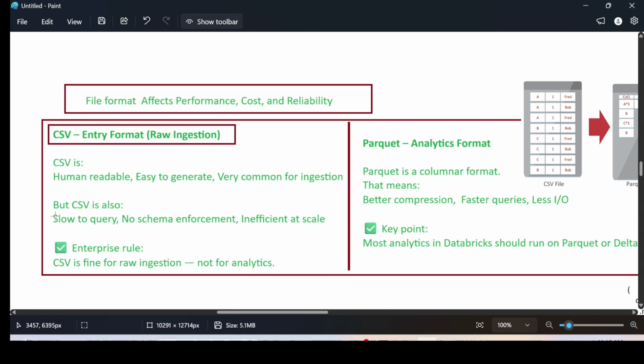The CSV file is easy to read, human readable, but the problem with the CSV file is that it is slow. It is not efficient at scale. It doesn't do really well. It's not for analytics. It's for file ingestion. We can take the raw file from them, but we cannot do a lot of work from there, because of the slowness. So in order to resolve that issue, we have to convert that CSV file